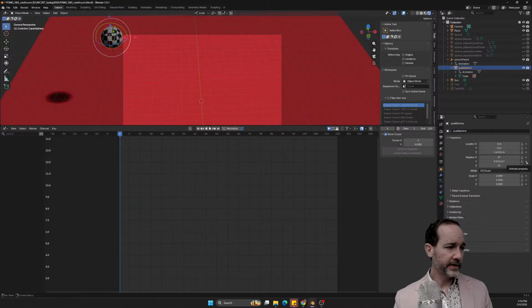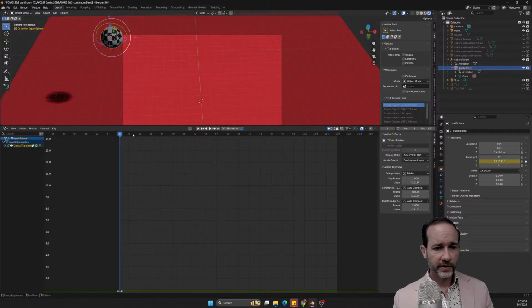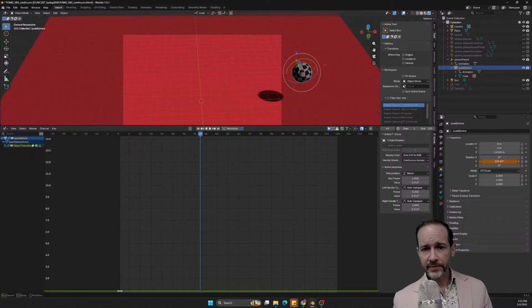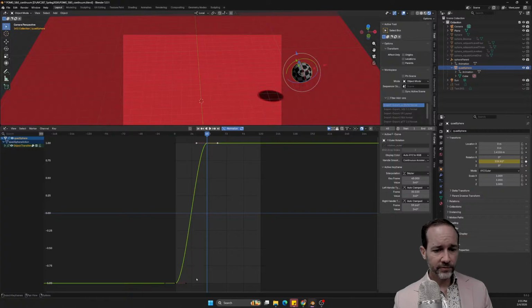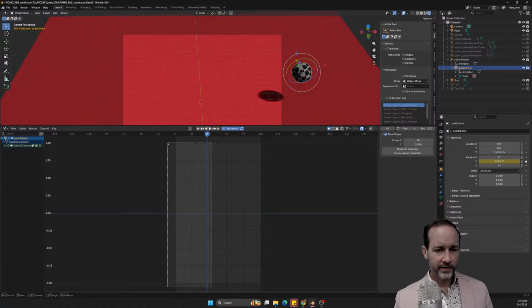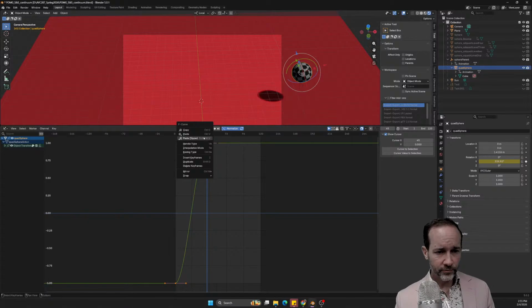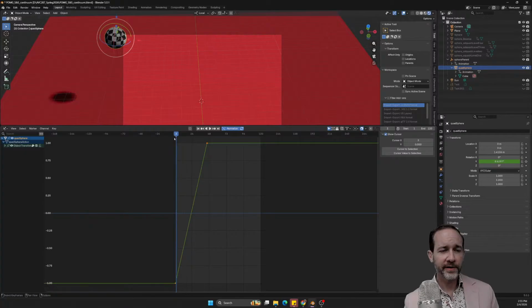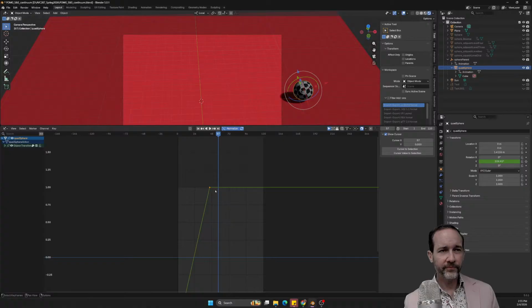And so let's set a keyframe there. And then when we get out of frame, right about there, we need to roll maybe about that much. And then I'm going to normalize to just look at those two. In this case, I think I want to keep this probably pretty linear. So I'll grab both of these and switch them to interpolation mode linear. So it's rolling at a constant rate. And there we go. That's not bad. I think it could roll a little bit faster.